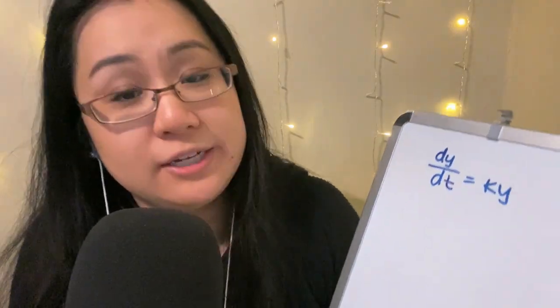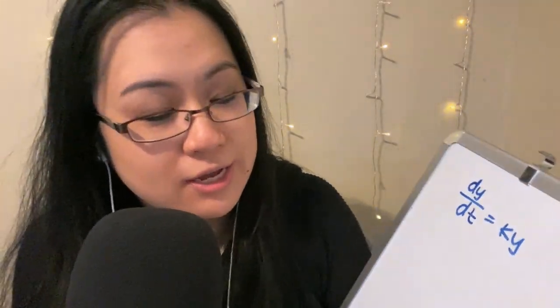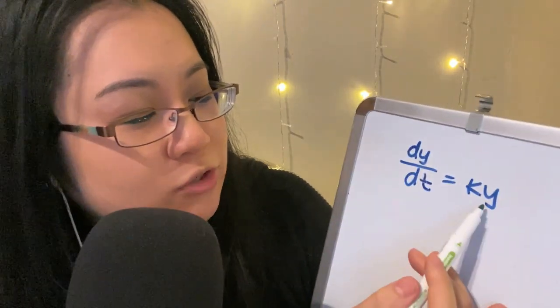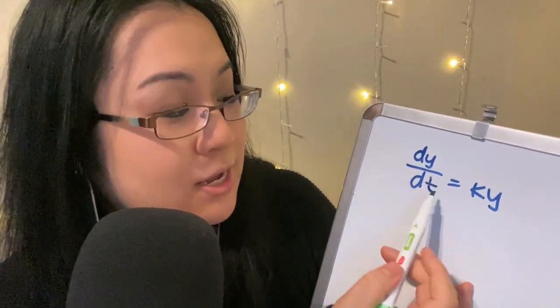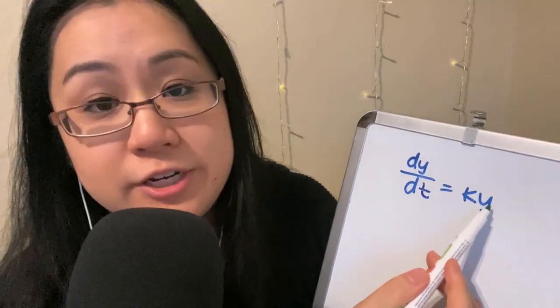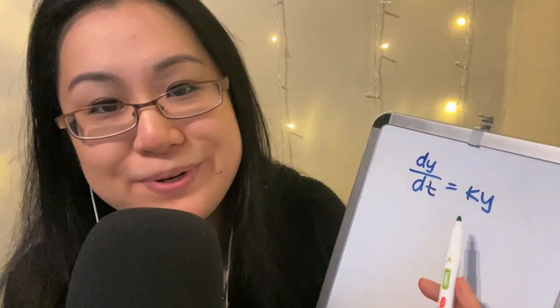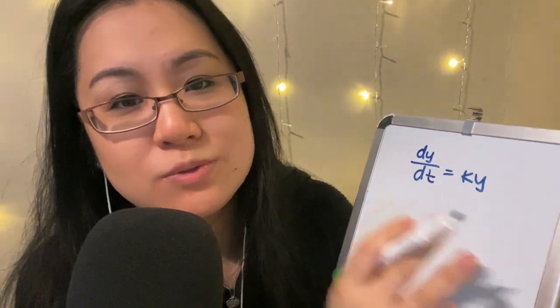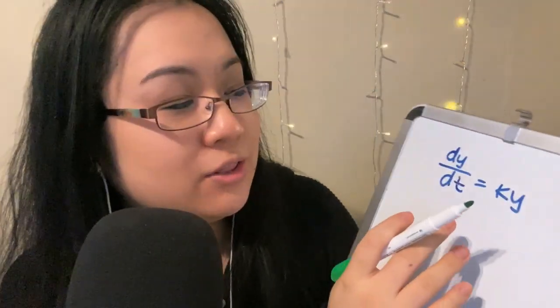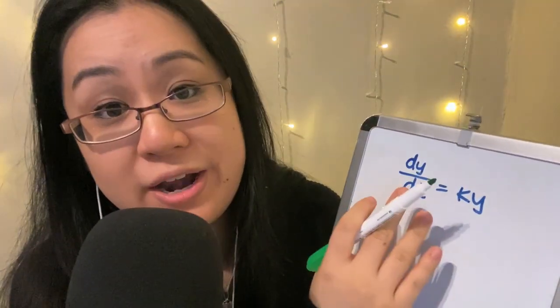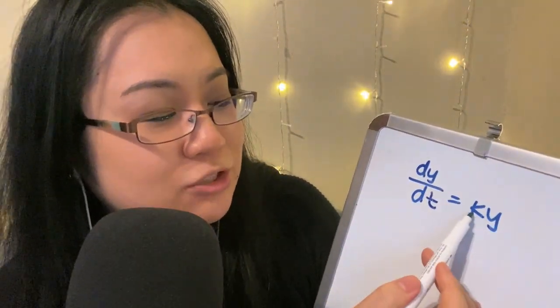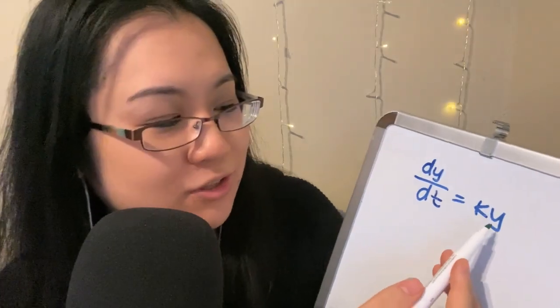So the general idea for solving this is that we are going to move the y terms over to this side, and this dt can just go over here. k can go wherever it wants because it's a constant, like when we deal with integrals or derivatives. When we take the derivative, we can just pull that out, so we don't really care which side it belongs on, but it's just easier to keep it here, so that's fine.